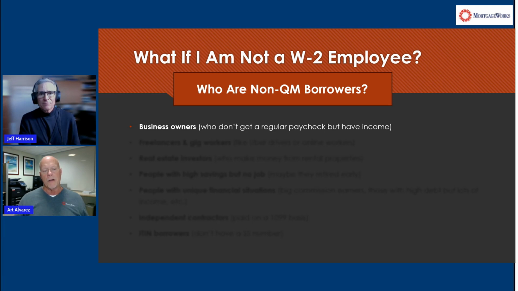A business owner, oftentimes, if it's a small business, particularly a sole proprietorship, then most likely they're not even incorporated. They likely file a Schedule C with their tax return. That form in your tax return, profit or loss from business or profession, gets used to qualify you. But again, you have that same problem: we can't use the gross, we have to use the net.